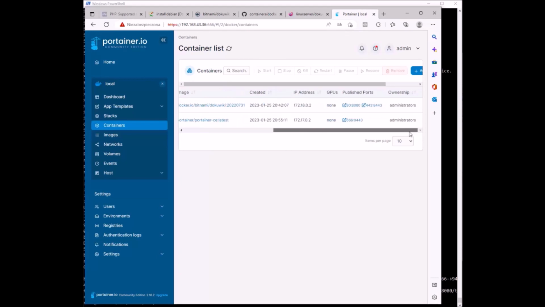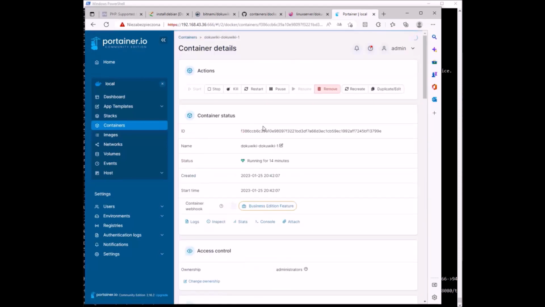Of course, we got our DokuWiki container. If we go inside,